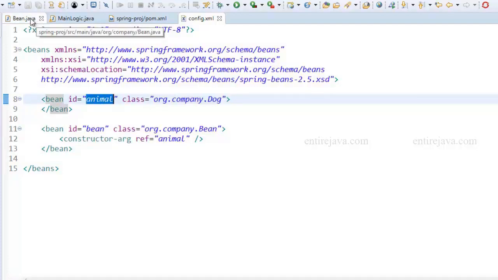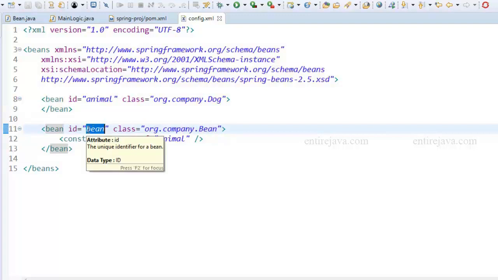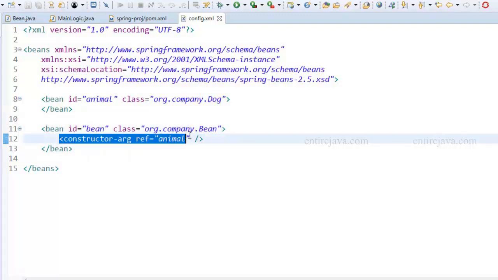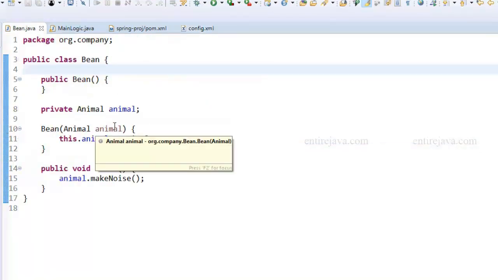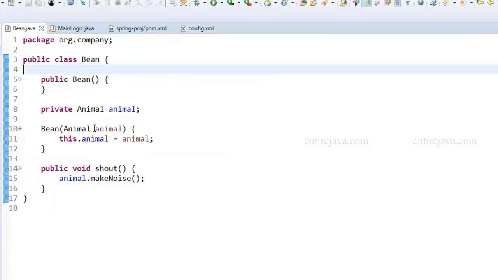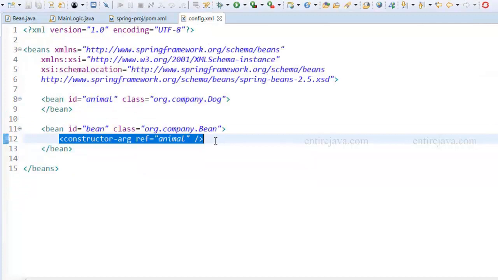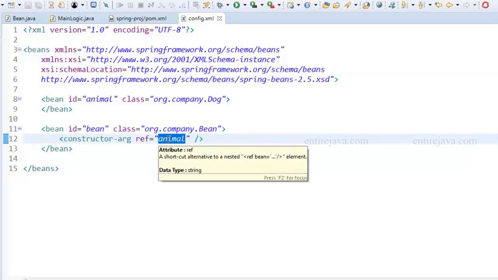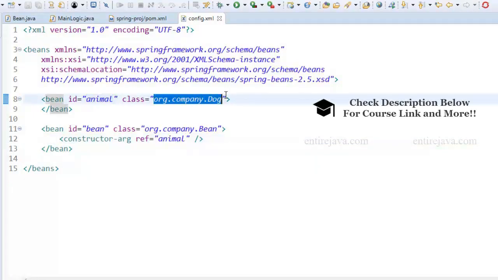Similarly, I've also defined our bean in here, including its package, and then I've given a unique name to it. Along with that, I've also added another tag in here, which is basically the constructor argument that this bean accepts. So it's going to accept an argument of type Animal, and it's the same thing that I'm trying to do in here. I'm trying to send a bean with identifier animal,